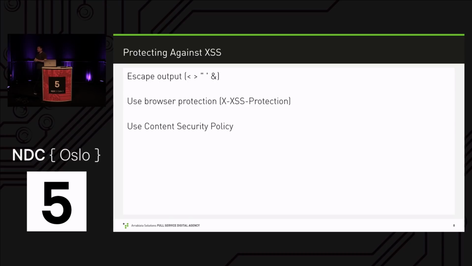But Internet Explorer 8 introduced, among other things, a built-in cross-site scripting protection. There were heuristics, and when Internet Explorer thought this might be cross-site scripting, then it was blocked. Sounds like a great idea. But can we really trust that blocking mechanism? Is it maybe blocking my legit application? So there was an HTTP header, X-XSS-Protection, and if you set that to 0, the protection was turned off. Actually, Google did that the day Internet Explorer 8 was released because they were afraid that Internet Explorer 8 was doing something funny to their search engine. A few weeks later, they put it back on because they found out it's actually a pretty good thing.